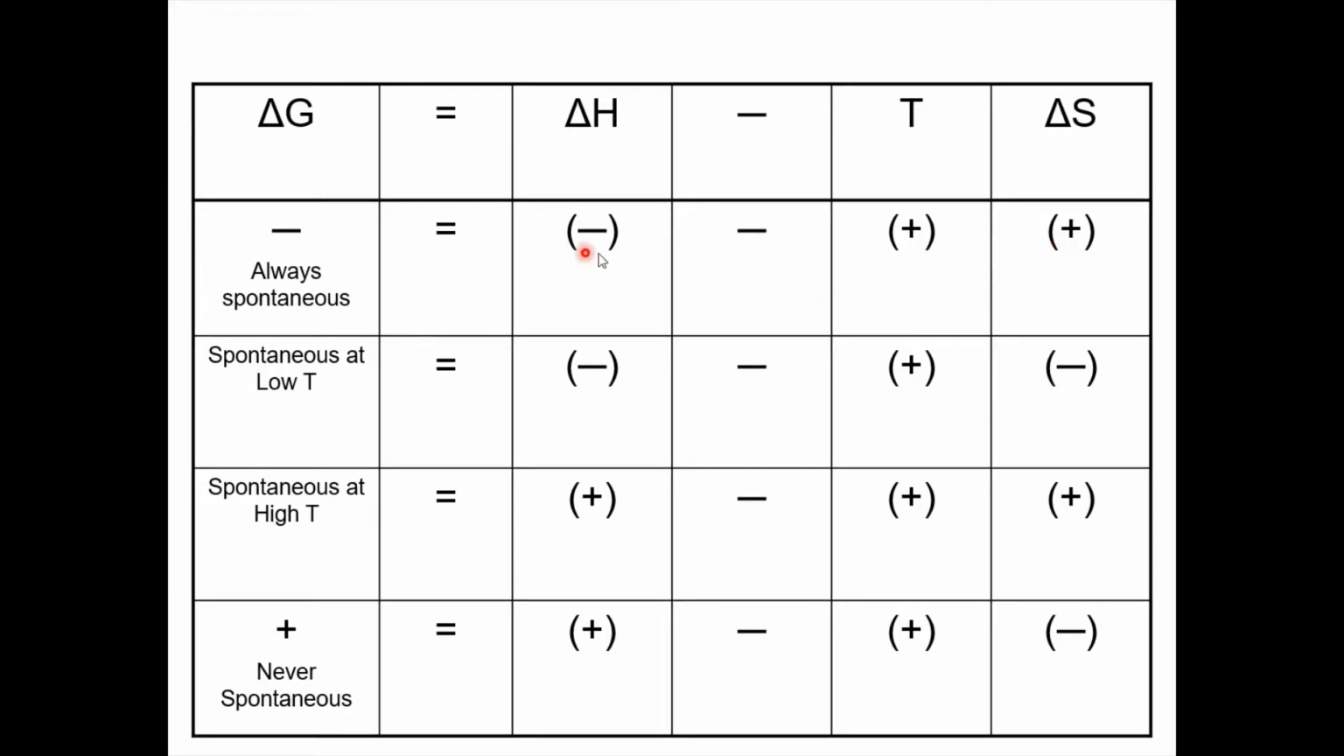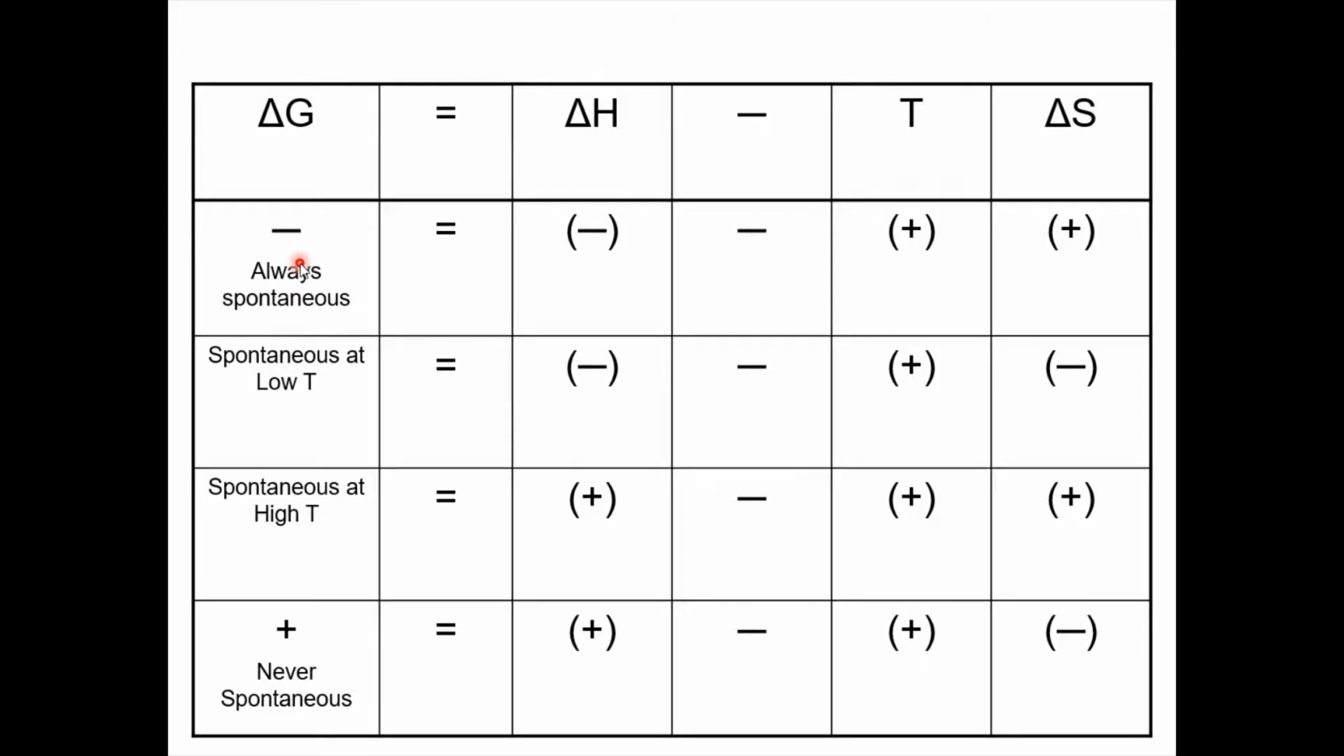So if you start off with a negative number and you subtract a positive number, right? Negative 5 minus, it really doesn't matter, negative 5 minus 3. It's going to become more negative, and it'll always give you a negative answer. So that's why when your delta H is negative and your delta S is positive, you always get a negative delta G, and your reaction is always